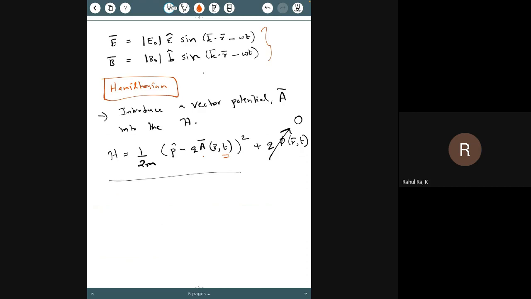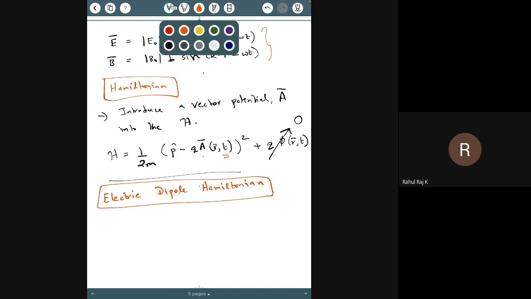But okay, we'll see. Let's see. So let's see. So now we want to do the electric dipole Hamiltonian. So what is that? So